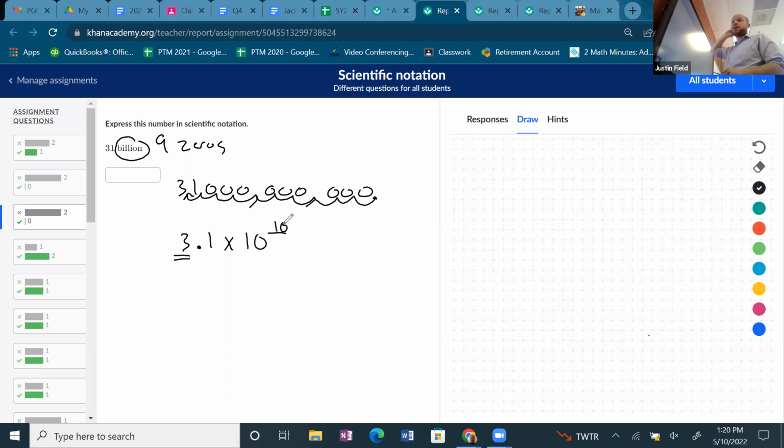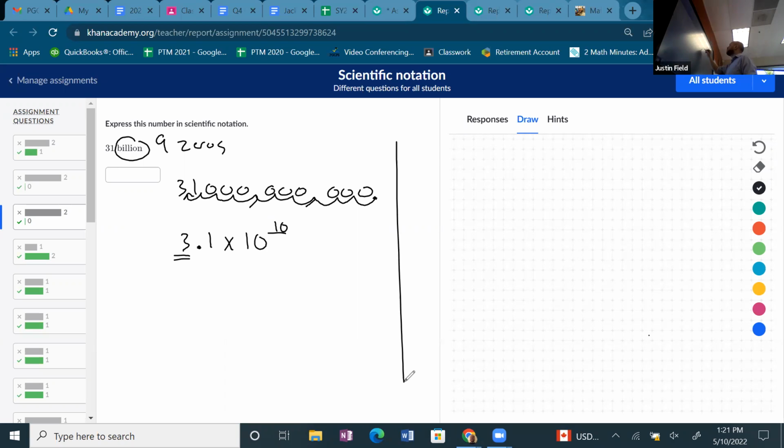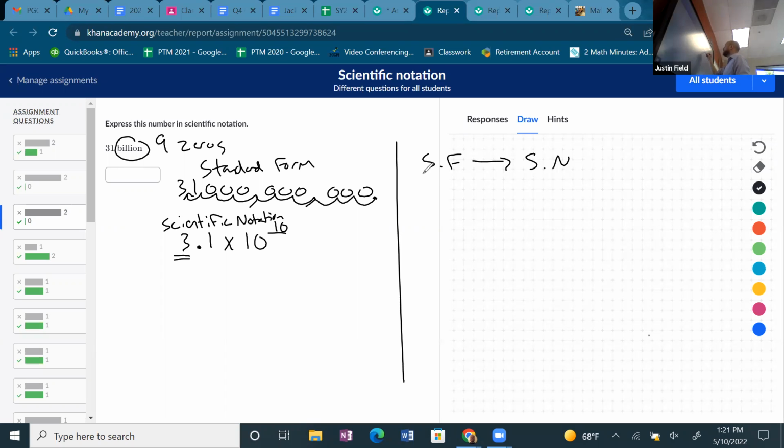Now I know I said to the right, left, but I mean when you're in scientific notation, multiplying by 10 moves the decimal backward to the right. But if we're going backwards from standard form to scientific notation, then we're moving to the left with a positive. So let's make little charts because that's going to get confusing. This is called standard form, and this is called scientific notation. So if we're going from standard form to scientific notation, then